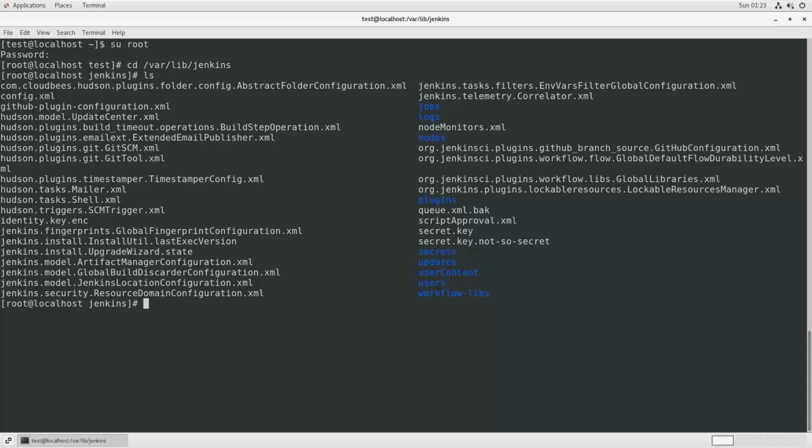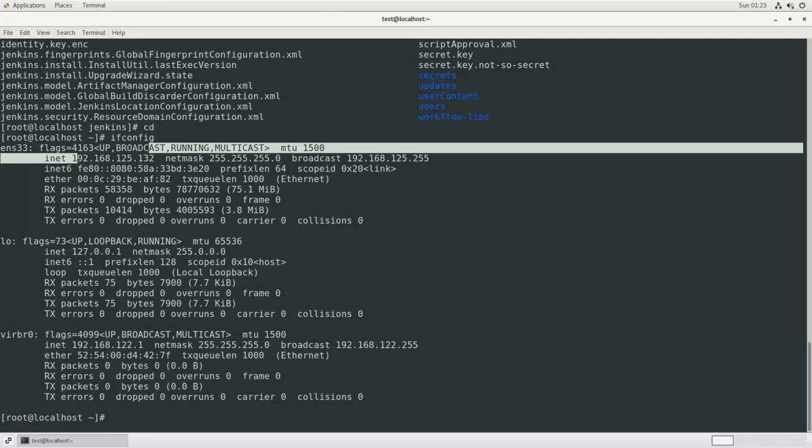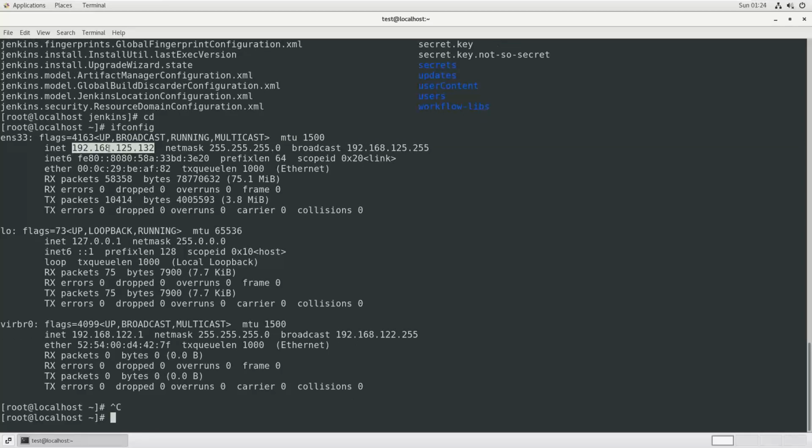Change directory with cd, enter. Check your IP address with ifconfig. Copy that first one, the IP address.